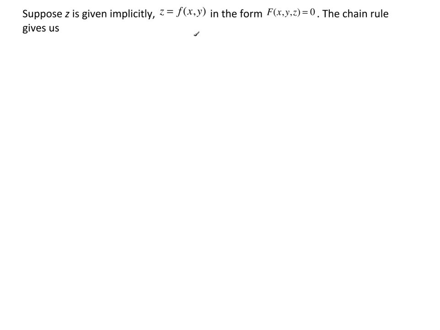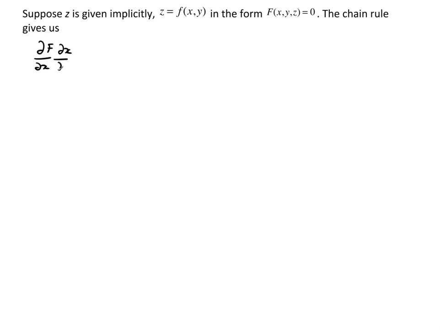Suppose z is given implicitly, z equals a function of x and y, and it's put in the form f of x, y, z equals 0. Now the chain rule will allow us to find some partial derivatives. So if I take the partial with respect to x, I'll have the partial of f with respect to x,